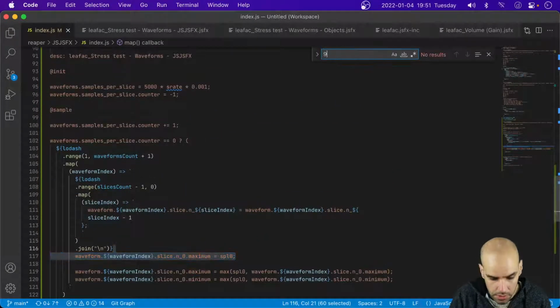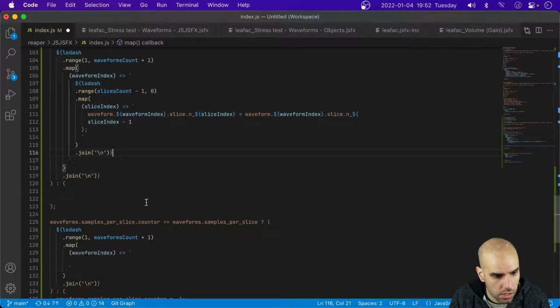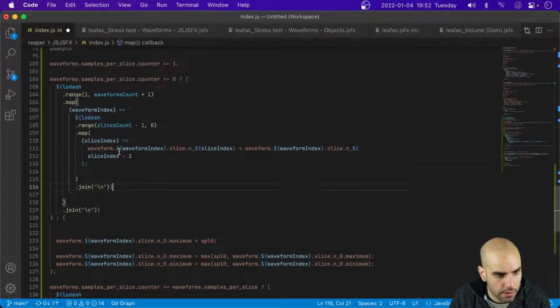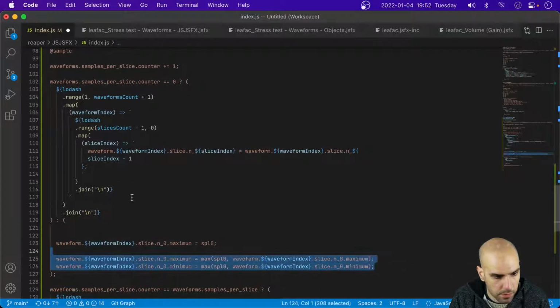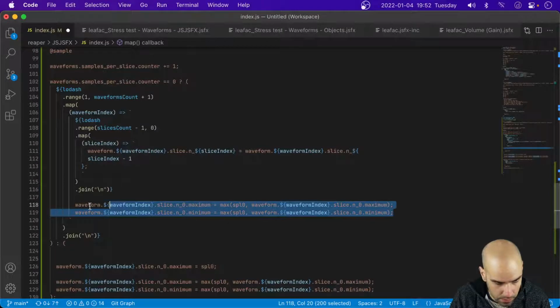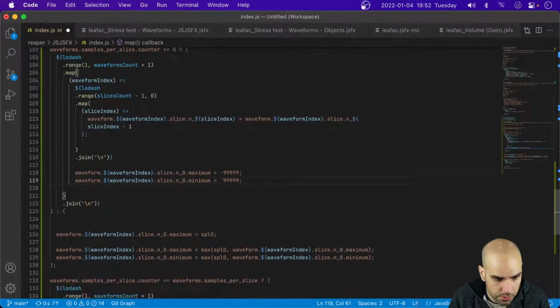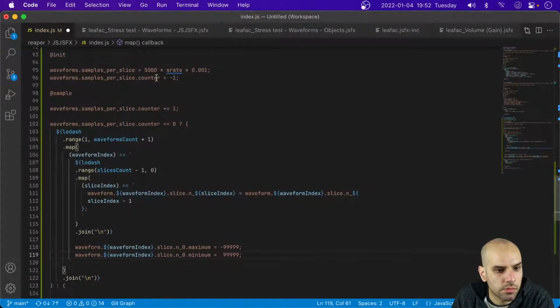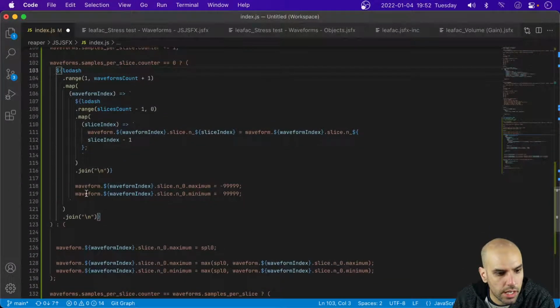Where is my big number? Oh, I got rid of that. None of this happens. The maximum is a small number. The minimum is a big number. Okay, I finally got it. So starting the counter at -1, incrementing 1, the first time is going to be 0, so I need to reset. To reset, I loop over all the waveforms and I